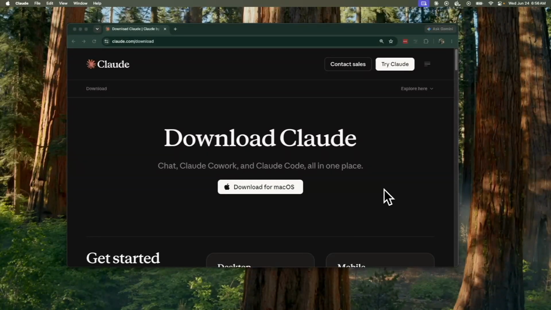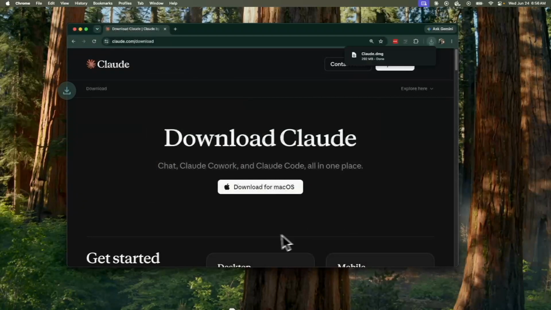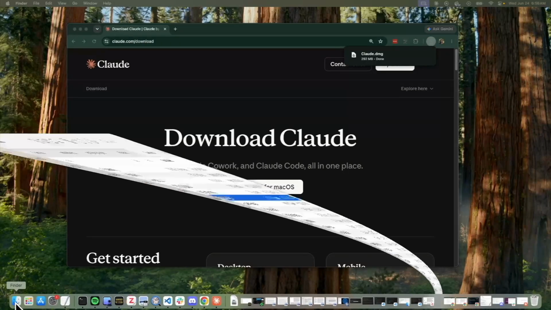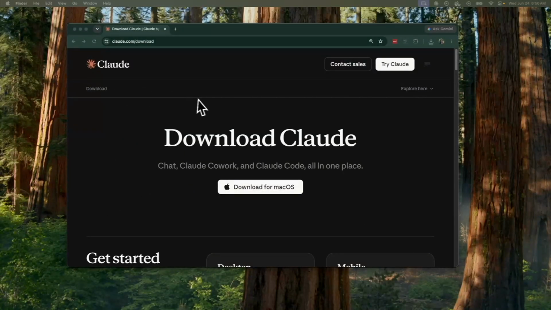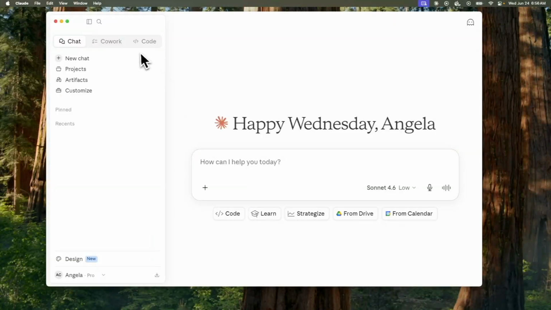All right, first thing we are going to do is go to claude.com/download and download Claude. We download that for Mac OS, save that as a disk image. When that's done downloading, you do the usual in opening that up, dragging it into your applications and opening from there. So we will open Claude, and wow, I'm back already, so I don't have to do any setup. I think initially you'll probably have to tell it your name and whatnot, but once you have it open, you